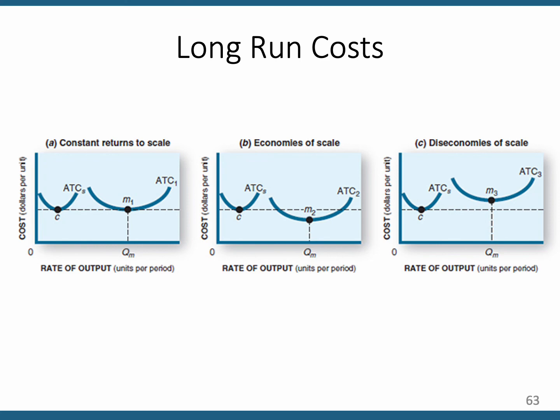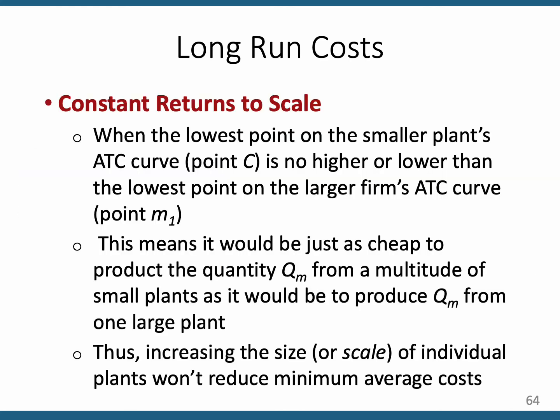I'm looking at the first graph on the left here. Economies of scale are where building a larger facility lowers your average total cost curve. And so these are short-run average total cost curves for different size facilities. That's what we're doing here, right? So the middle panel shows you a graph where increasing the size of your facility does give you economies of scale. And then again, diseconomies of scale are where you increase the size of your facility and now your average total costs are going up. Constant returns to scale again are when increasing the size of your plant does not necessarily lower your costs per unit. And this is a characteristic of certain kinds of industries that are not particularly capital intensive, like retail, or